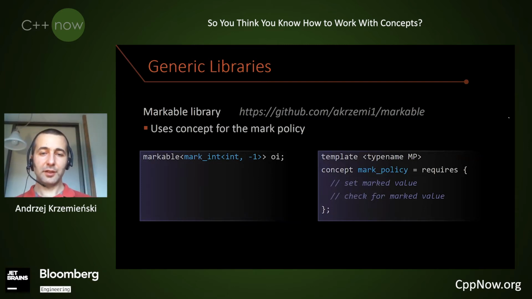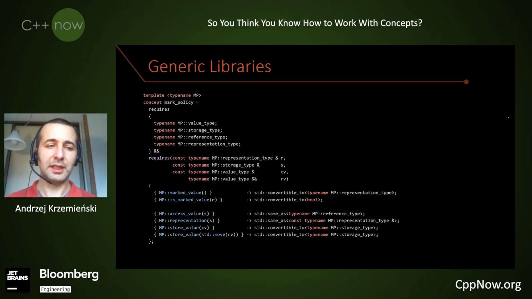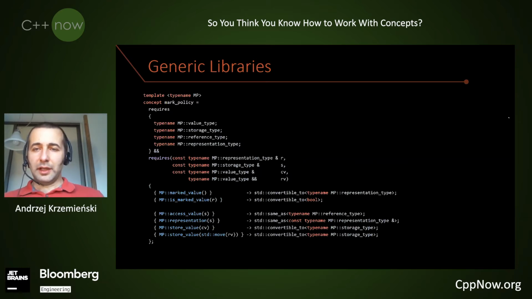And now here we have requirements on a policy type. Whatever type you want to store, the policy always has to have the same interface. This interface is a concept. And this is what makes this library generic. And of course, my real concept, when I try to conceptualize it in C++20, is far more sophisticated, because real-life concepts are rather big.